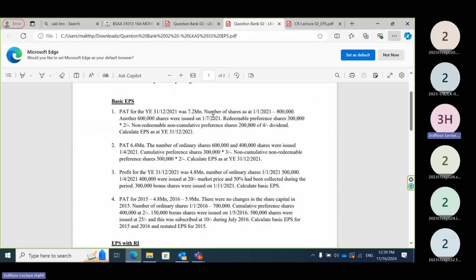Otherwise, the first one, what is that? Redeemable preference shares. They are eligible for what? They are eligible for interest. Redeemable, eligible for interest means it's obviously, what is that? Cumulative. Cumulative, why? If we are incurring losses,